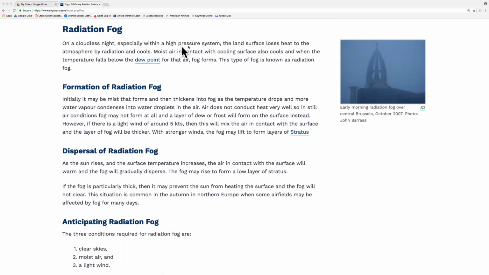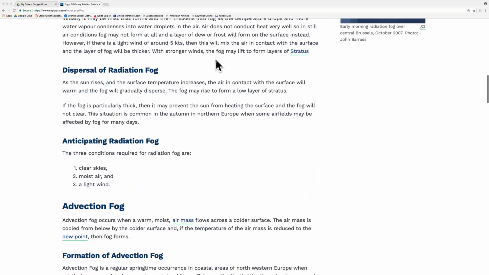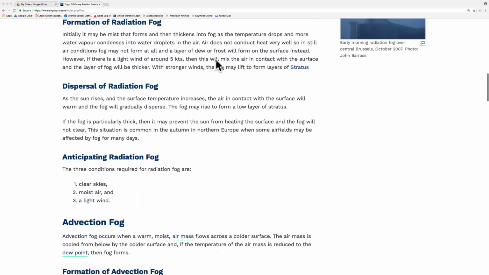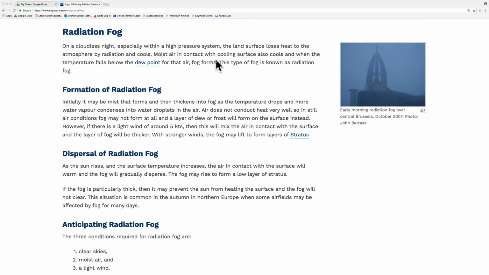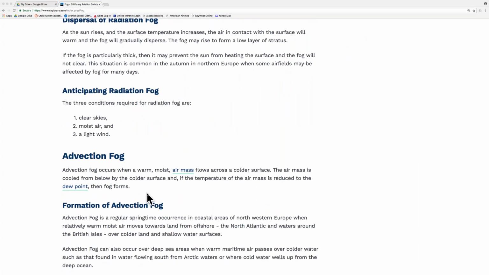Radiation fog is a cool surface, and then the moist air comes in contact with the cool surface, cooling it further. The video said for radiation fog, ground cools and air cools, reaching dew point. And then for advection fog, caused by advection of moist air over a cold surface. I don't know if they showed water or a bridge. That's where I keep mixing it up.